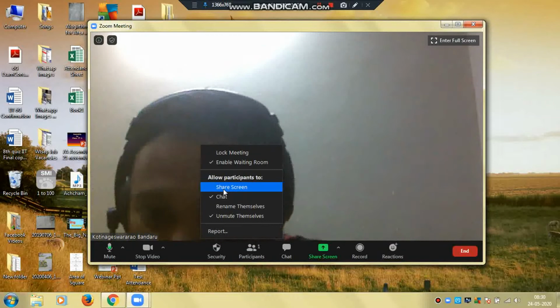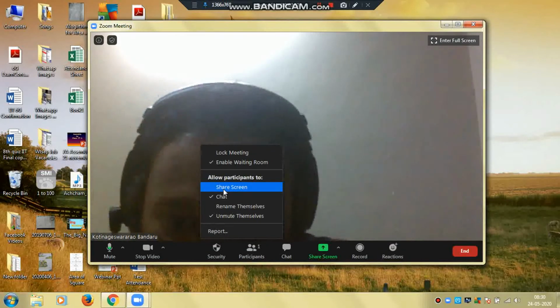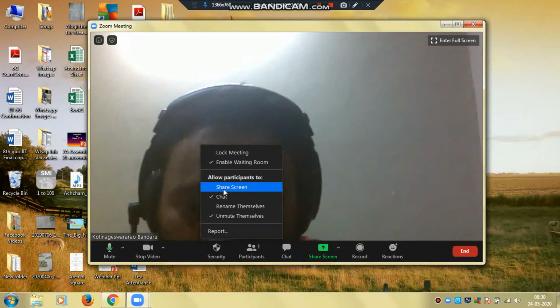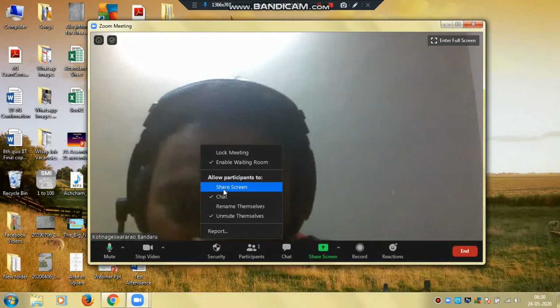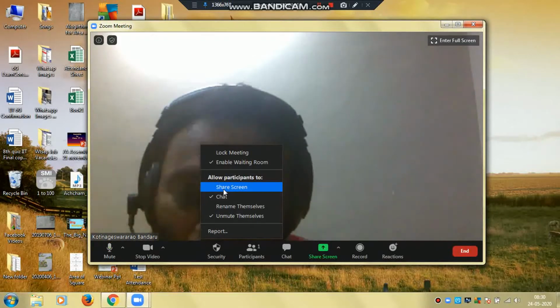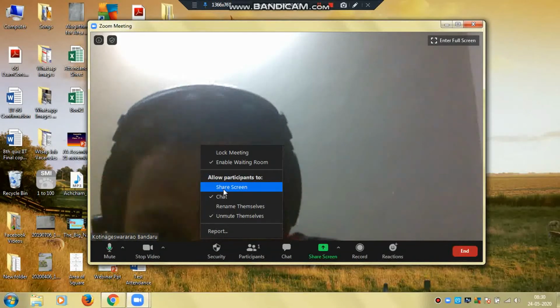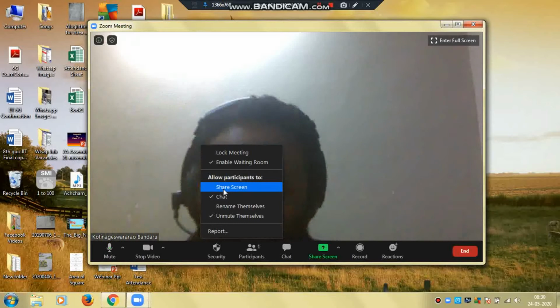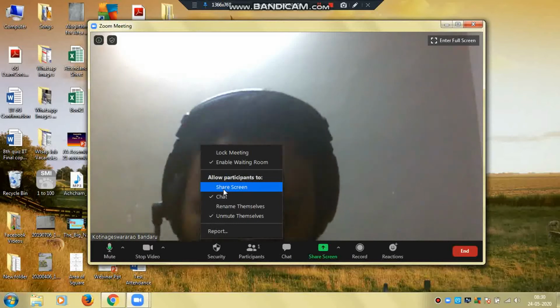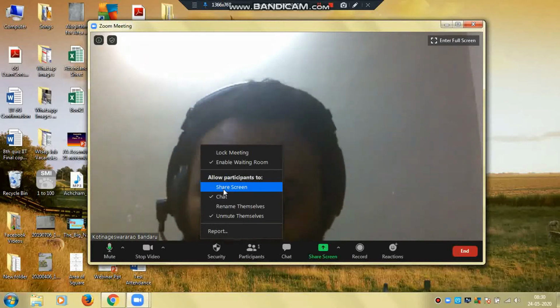So this must be disabled. Unless the students take permission from you, you should not enable this share screen option. This must be disabled. Students must take permission from you if they want to share the screen.